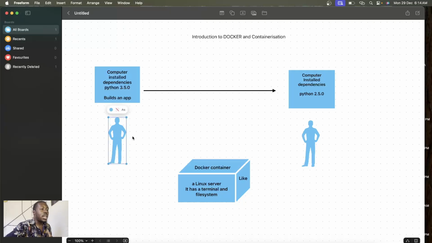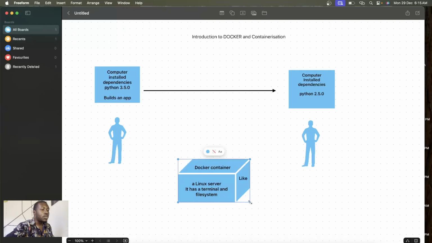So what this developer now does is that he packages this entire script, right? He packages the script and its dependency. So the script is using Python version 3.5, right? The script and the dependencies, which we are just seeing one dependency as an example. There can be other dependencies. Maybe the script is using a module called Flask. It could also be part of the dependency, but for now we are looking at just Python as a dependency, Python version 3.5.